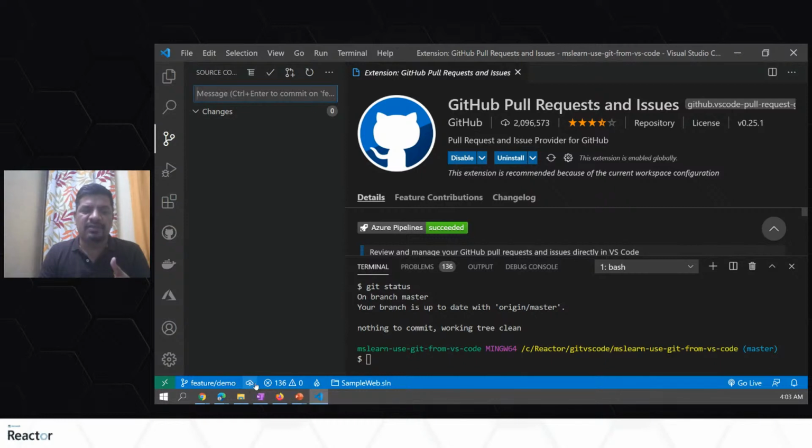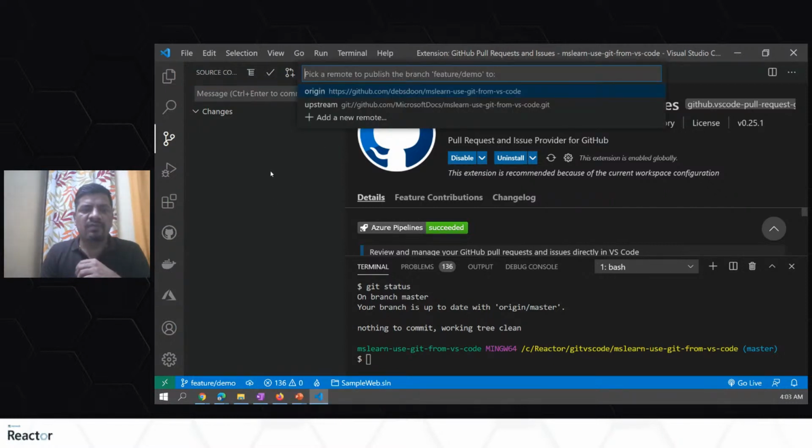It is saying that you have a new branch, and you might have some changes which you want to push. It will not tell me pull and push right now because this branch is not there on the server, so I cannot pull anything right now. Let me quickly push it to the server. Once I push it,